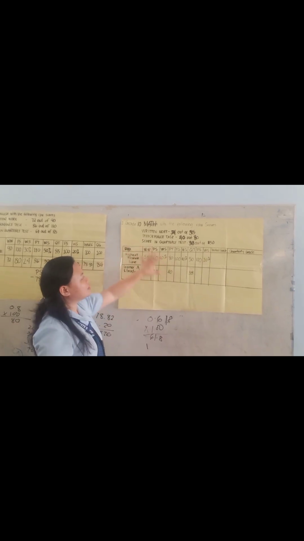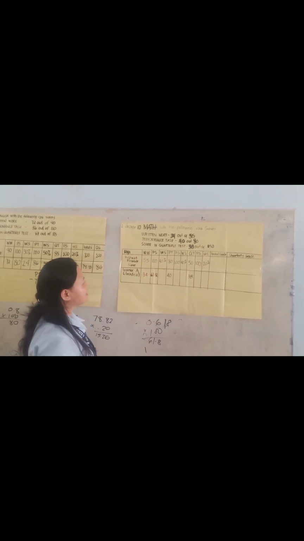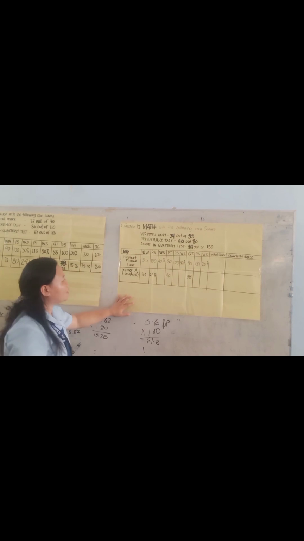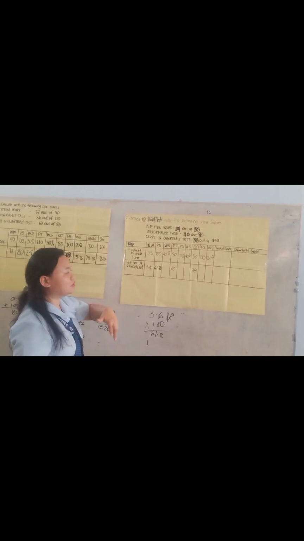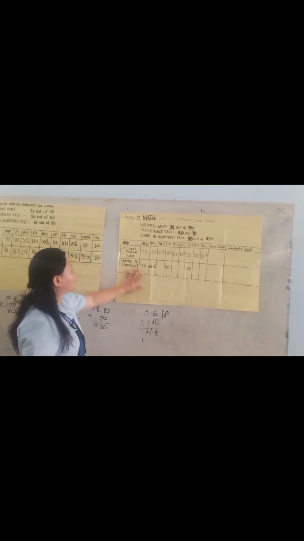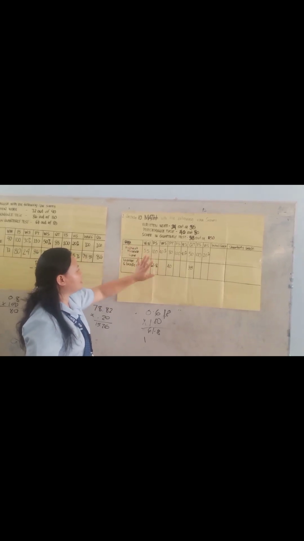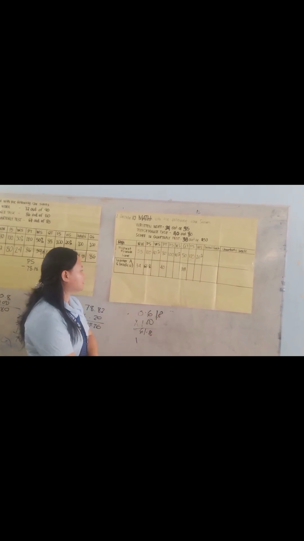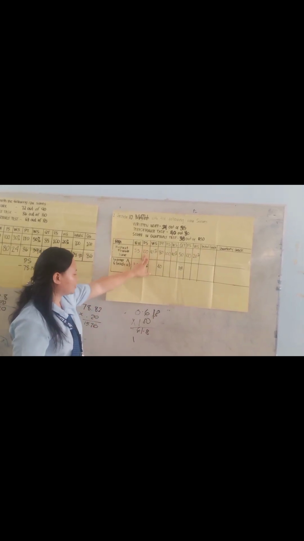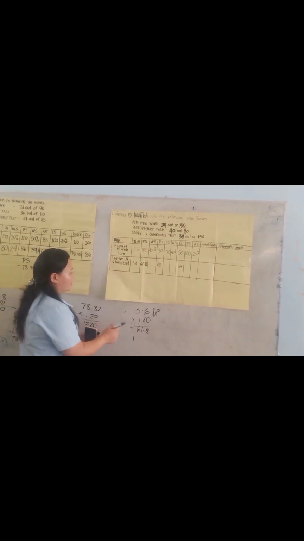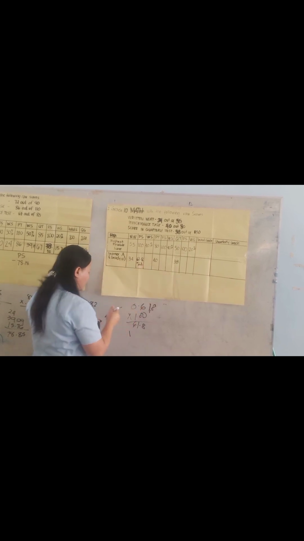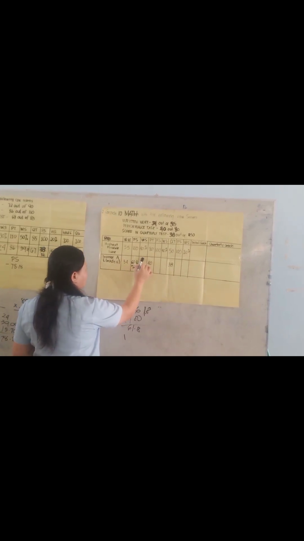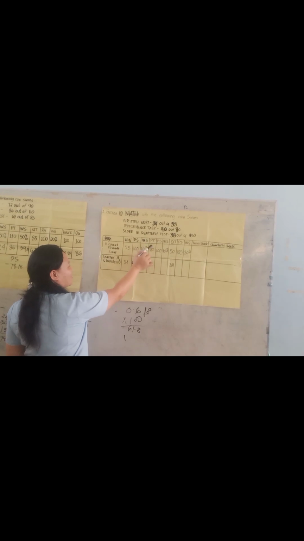We're going to continue the task 20, wherein we're going to compute the grade 10 math with the following scores. Written work is 34 out of 55, performance task is 40 out of 80, score in quarterly test is 38 out of 50. The first thing to do is to divide the learner's score by the highest possible score. So 34 divided by 55 is equal to 0.618, and we're going to multiply that by 100, and the result will be 61.8 or 62.